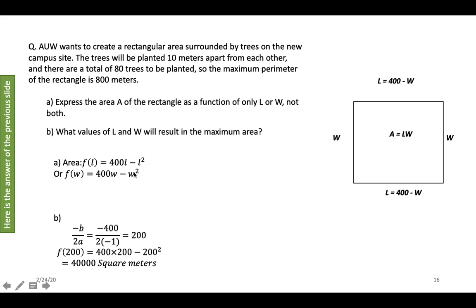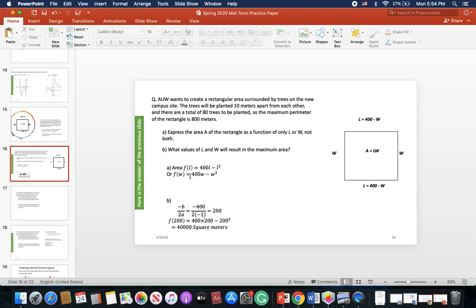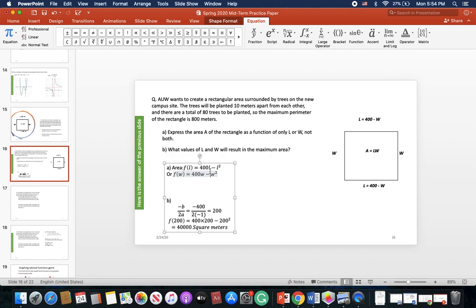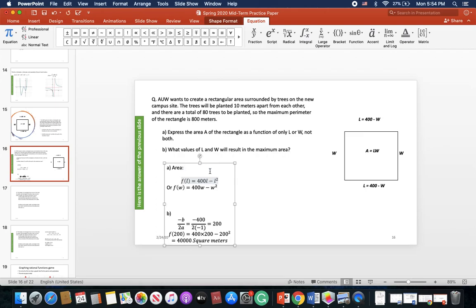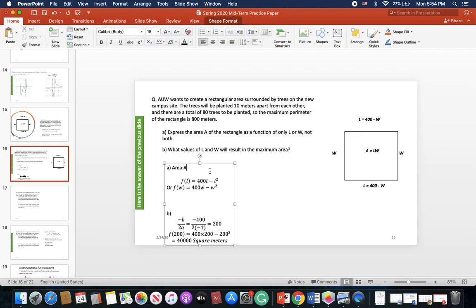Let me show it here. As you can see, area is given by L into W. So if we put the value of L, then we will have W